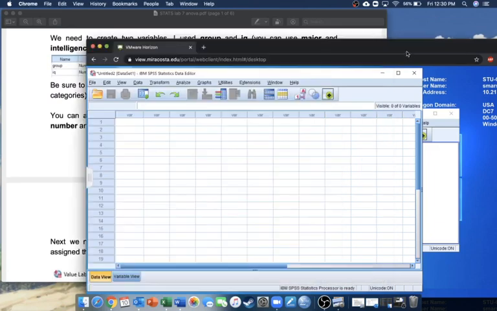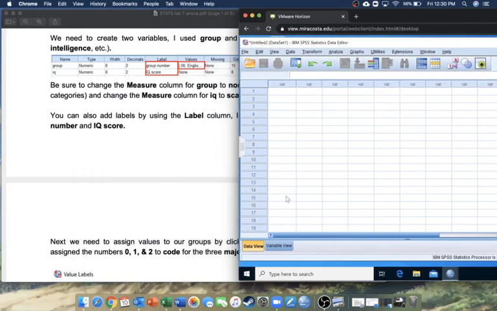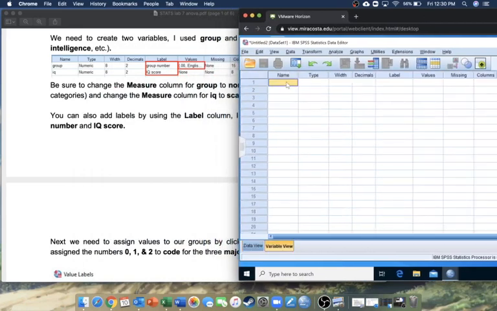So as we normally do here in SPSS, and I have it open in VMware here, we're going to start by going into variable view and creating some variables. So we're going to have a variable for the group or major. You could call this major if you wanted. So for the group and IQ, I've actually included some